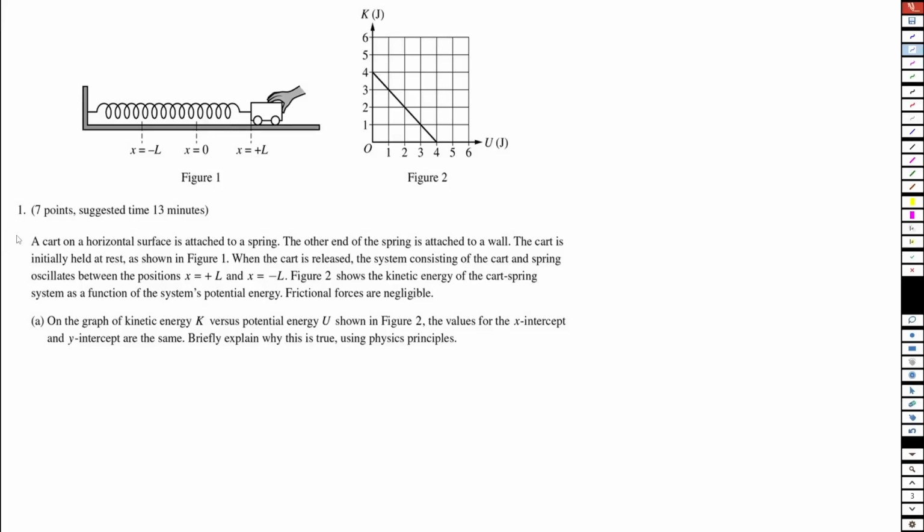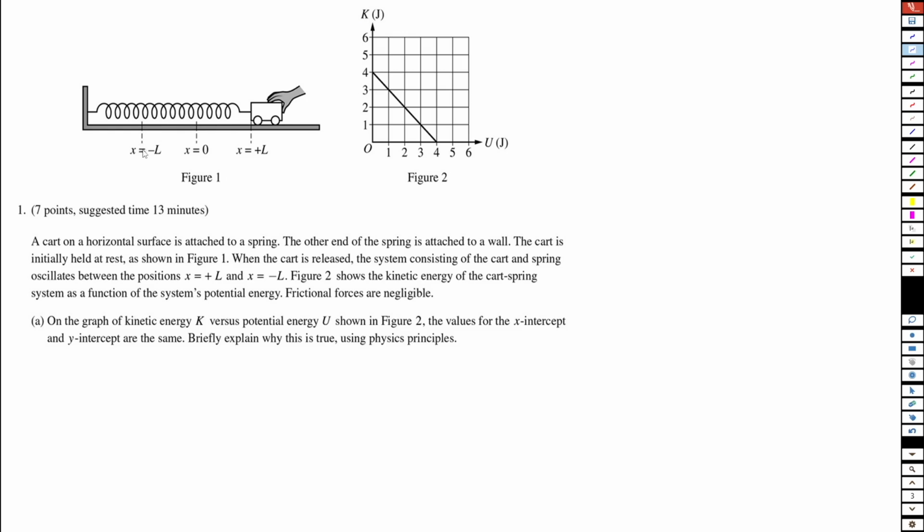Problem number 1. A card on the horizontal surface is attached to a spring. The other end of the spring is attached to a wall. The card is initially held at rest, as shown in figure 1. When the card is released, the system consisting of the card and spring oscillates between the position plus L and